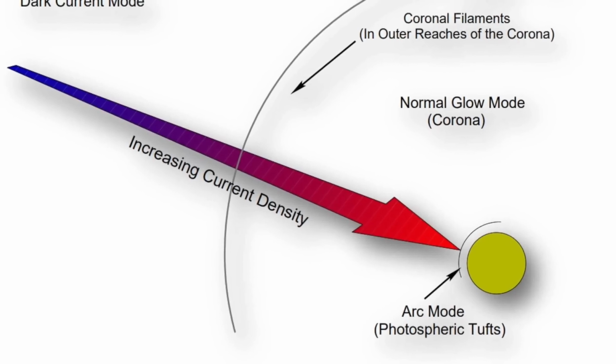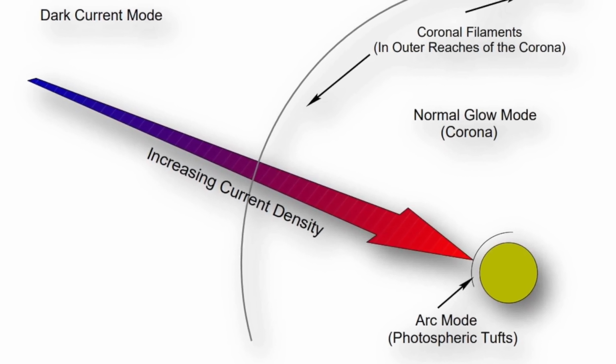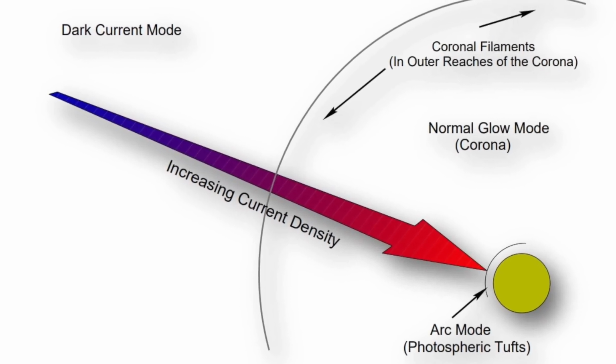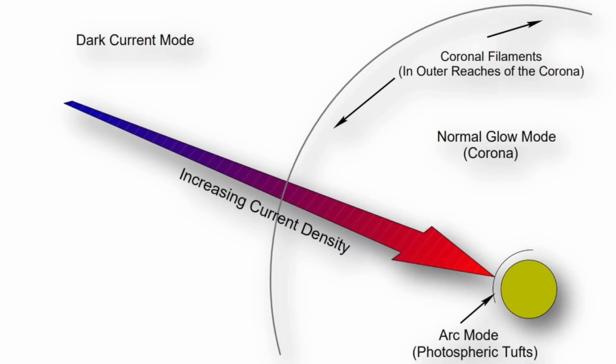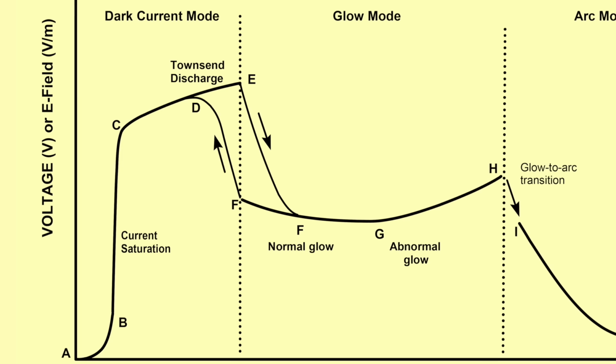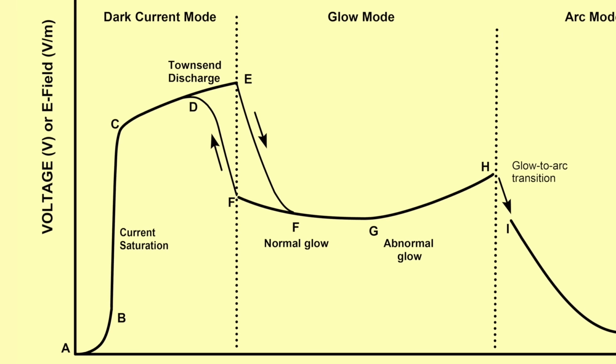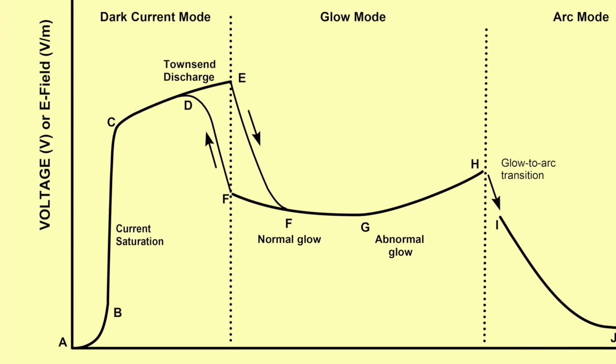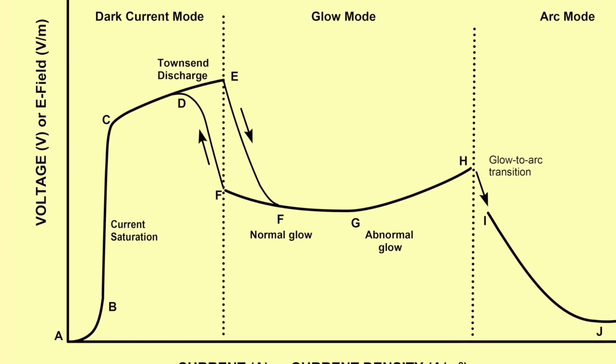Therefore, we're in the dark current mode. See the left side of the figure. The plasma doesn't glow, and we have nothing to tell us that we're in a plasma discharge at all, except possibly some radio frequency emissions. We are also in the extreme left section of the first figure. Moving inward from deep space toward the sun is equivalent to moving from left to right in both these figures.